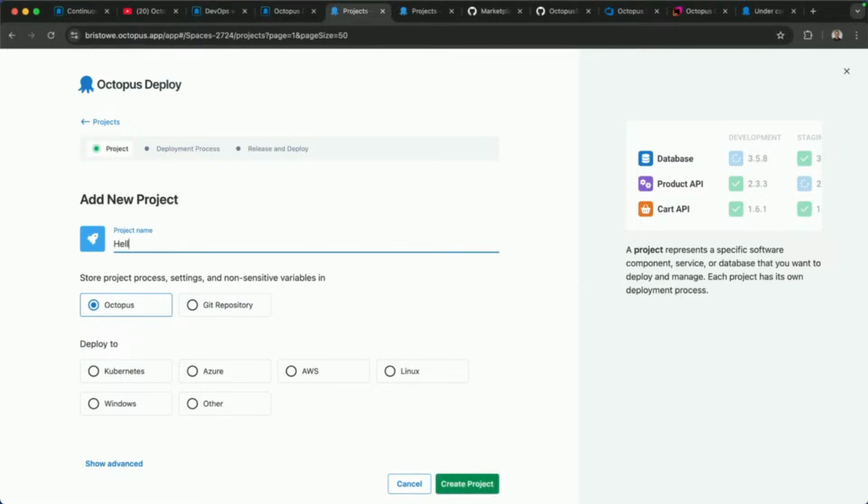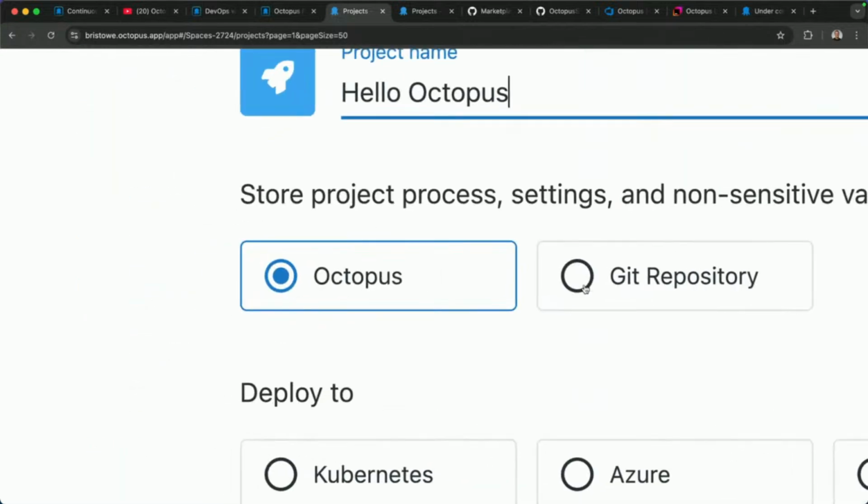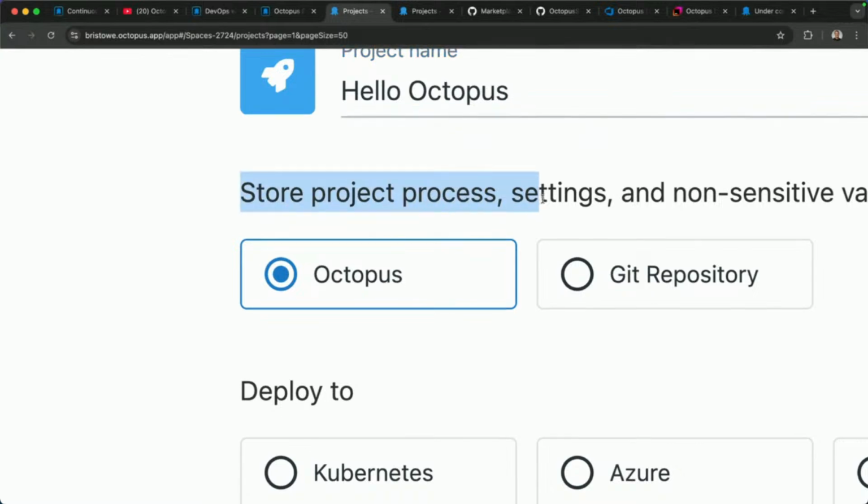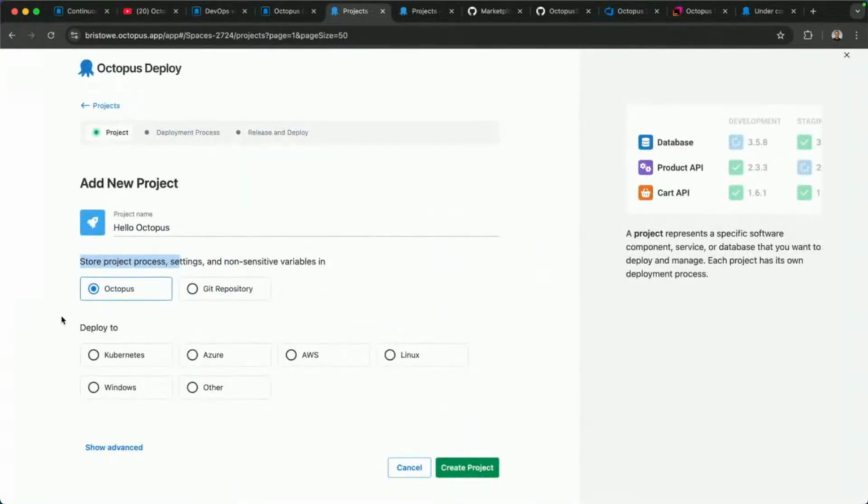So when you establish a new project, you'll give it a name. You'll also provide a bunch of settings. You don't have to define these right at the start. You can define them afterwards, but we ask you questions like, for example, where do you want to store all the settings related to this project? Do you want to store it in Octopus, or do you want to store it in Git? We actually have the ability of underpinning everything with Git. So I'm going to choose Octopus just for this example.